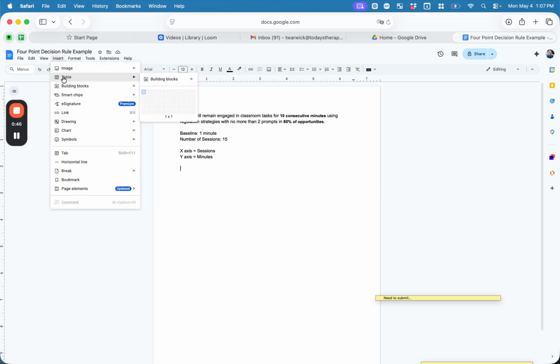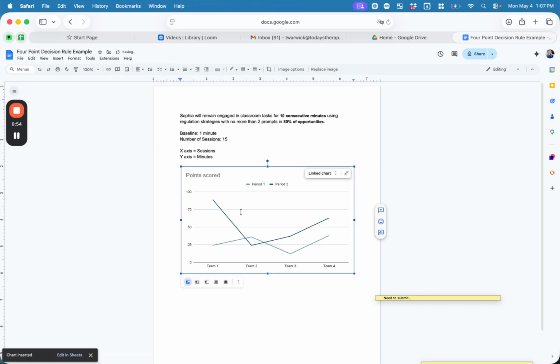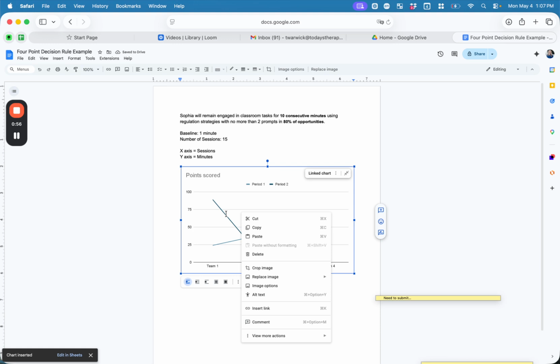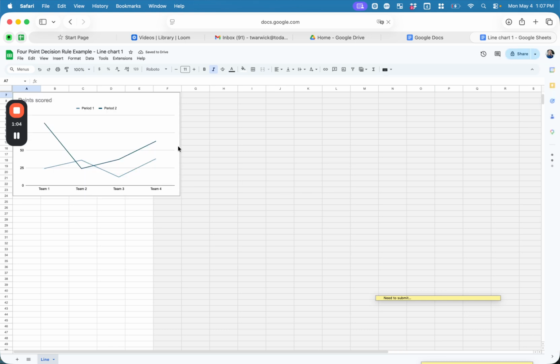Insert a chart, a line chart. Okay. And then I'm going to edit this. I'm going to go to link chart up here. Open source. And then you'll see right here, I like to move this down just a little